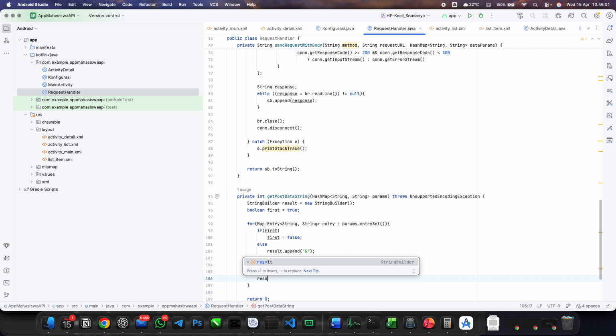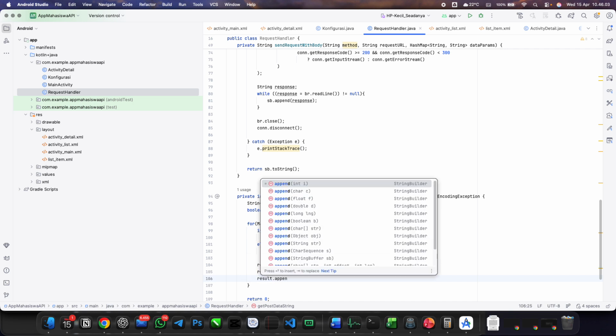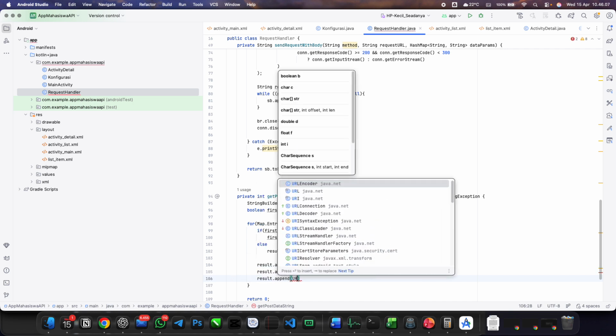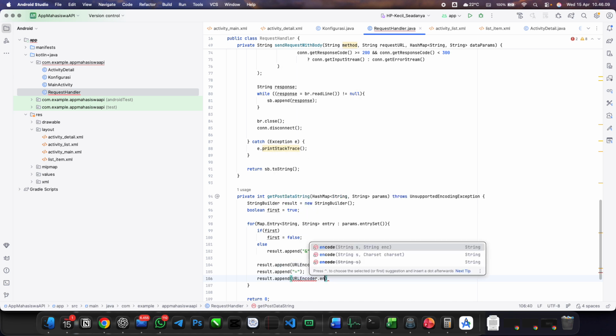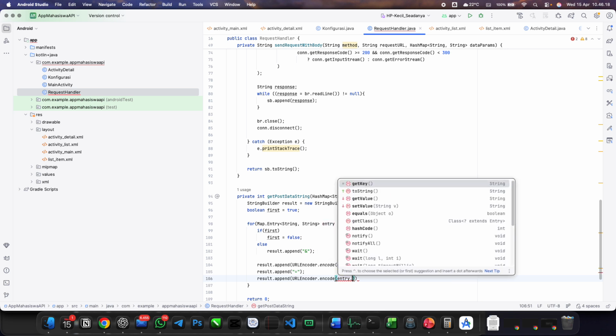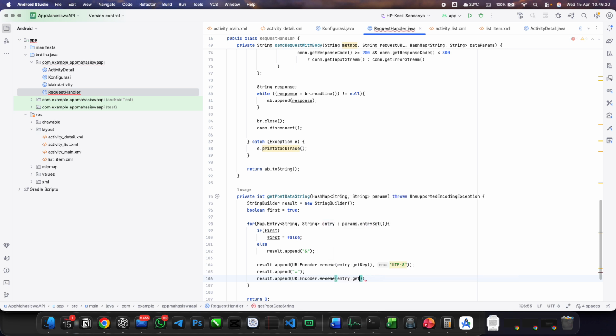Result dot append URL encoder dot encode, the entry dot get value.